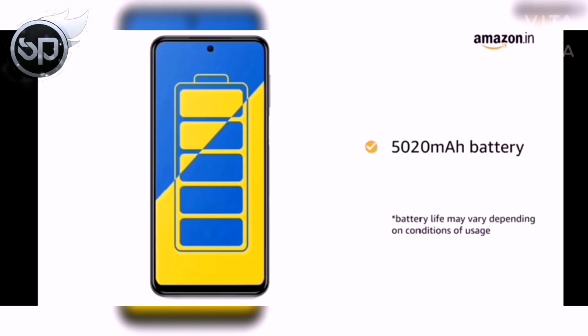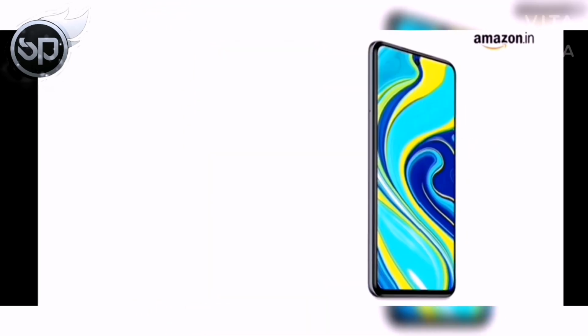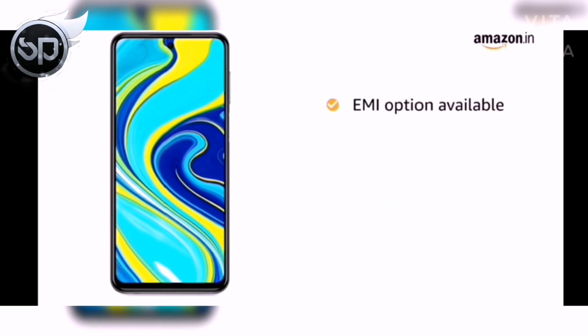The 5020 mAh battery provides you with longer talk time. It also comes with 18-watt flash charger that helps you charge faster. The Redmi Note 9 Pro comes with standard brand warranty. You can avail EMI options and pay